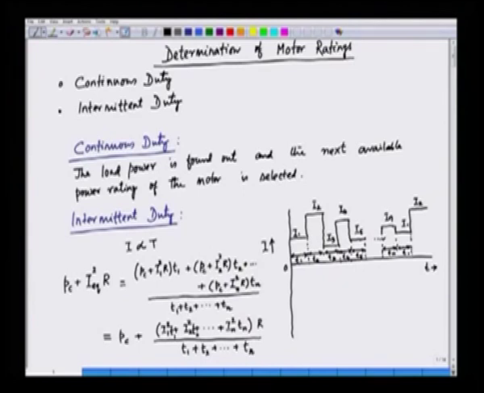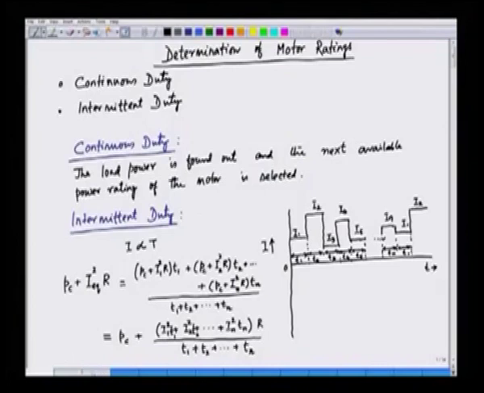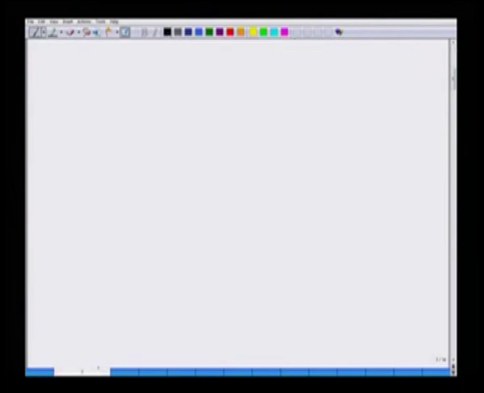So in the right hand side we have been able to separate Pc, the core loss. Pc being common, it will be cancelled from the right hand side and the left hand side, and what remains is the individual current squares multiplied by the individual intervals, like I1 square into T1, I2 square into T2 and so on. Let us see what expression we will get in this case. For sure we can cancel the left side and the right side, and what remains is the following: